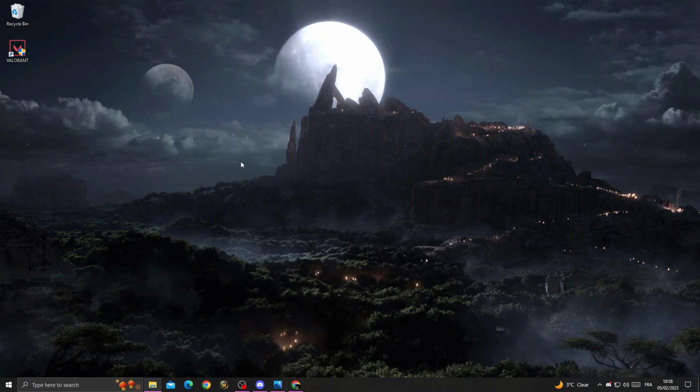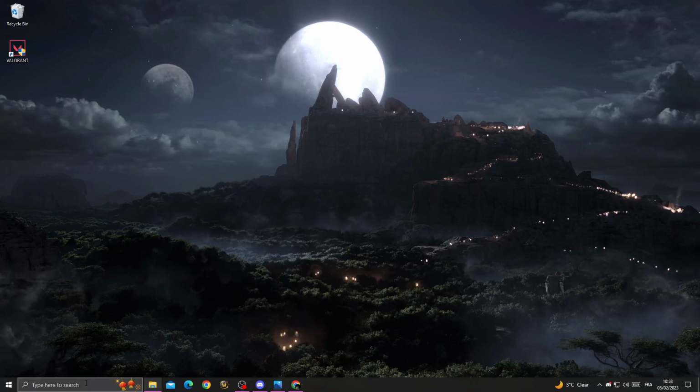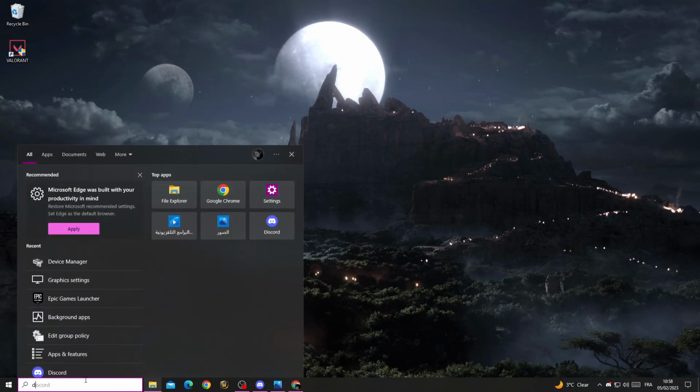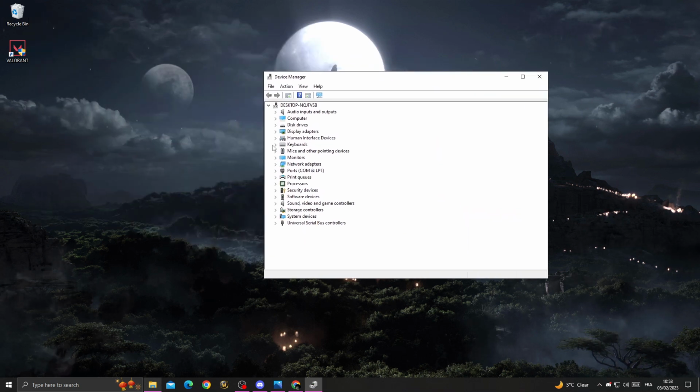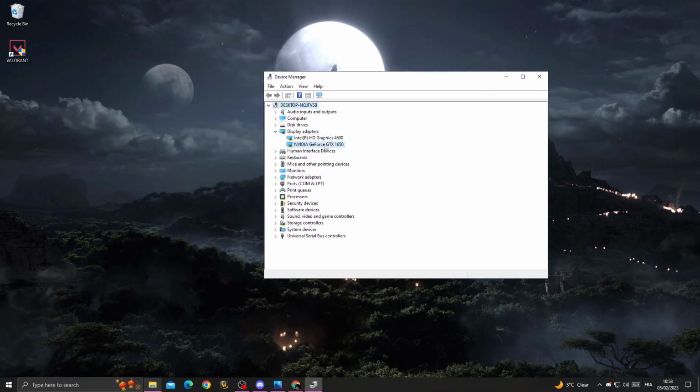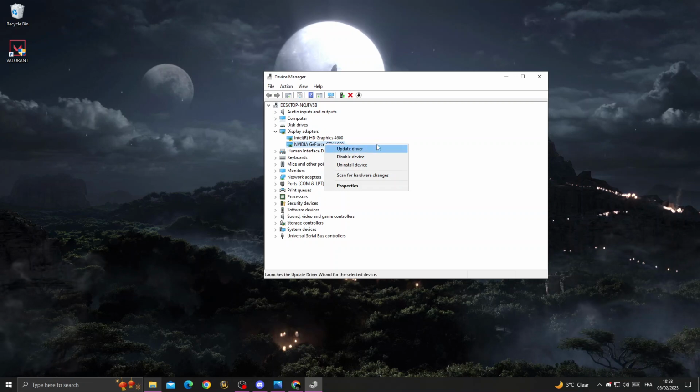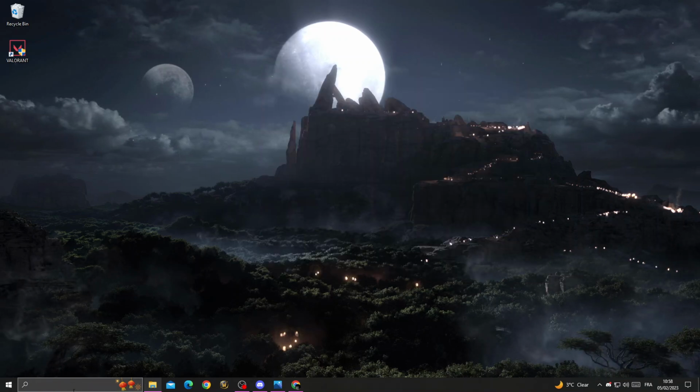How to fix Valorant "Vanguard" error easy and quick. If you want to fix it, first just type here "device manager", and then just click display adapters, right click on your GPU and click update driver, and after that type here